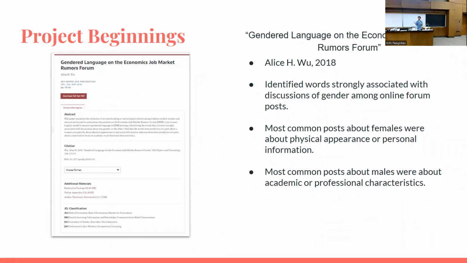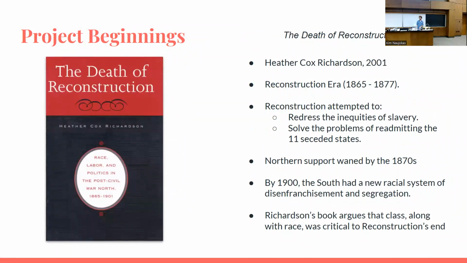And one of the reasons that we found her work very interesting was the method she used to gather her data here. So she started with just these online forum posts, right? But she was able to consolidate all of that and pull out measured analytics. And I find that idea fascinating of pulling out quantitative data from qualitative data. So we decided to use this approach on a different data source that is mentioned in this book here, titled The Death of Reconstruction. Now, this book, written by Heather Cox Richardson in 2001,